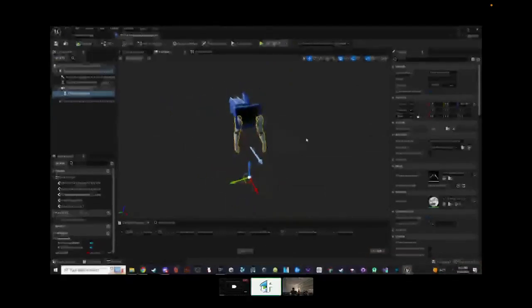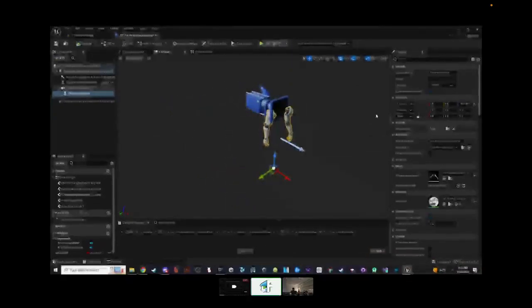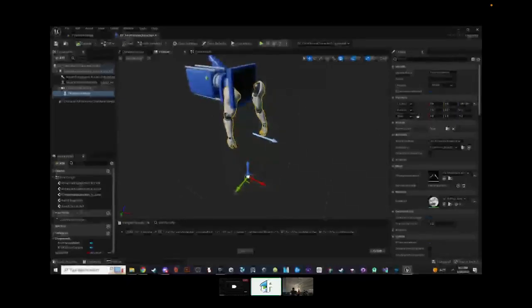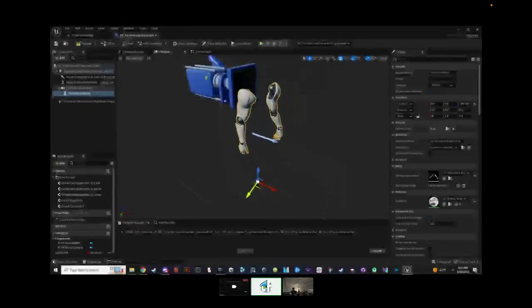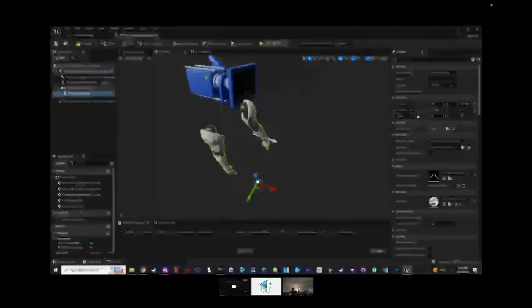So this is where you can do adjustments as well. The things you actually want to refer to: yes, you can look in here, because you see these axes where you can move your meshes. But then you have your details panel over here on the right. And again, you see location, rotation. Whoa, rotation on Z, X, and all that.